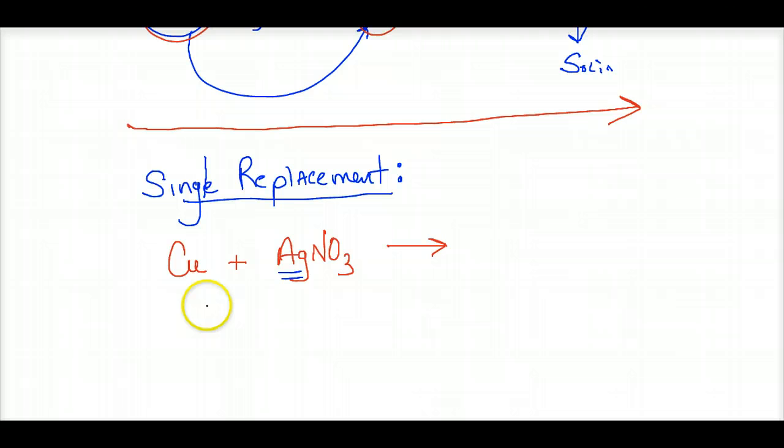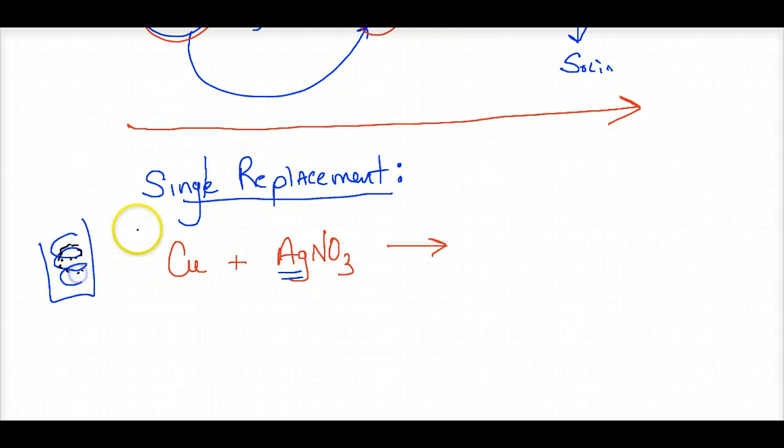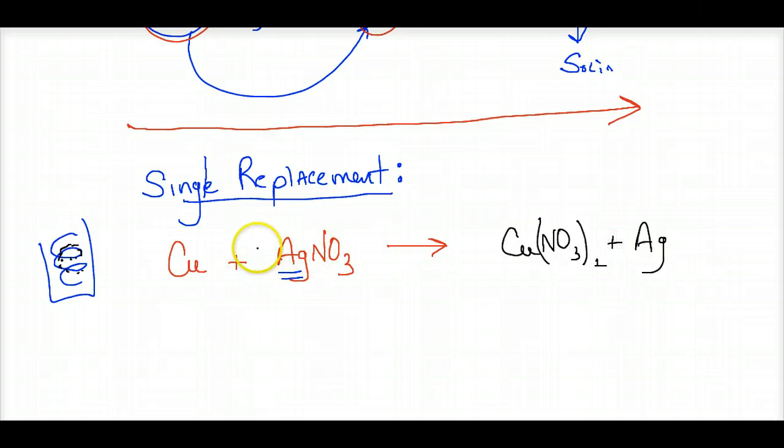Now we did this in the demonstration of the copper coil in my little beaker, and we watched the silver appear on the coil, solid silver. So the copper kicks out the silver, solid silver, and we make copper nitrate. And copper is probably plus 2, so we need a 2 here, 2 here, okay? And that's our balanced reaction. Now, let's write this nicer. Copper nitrate